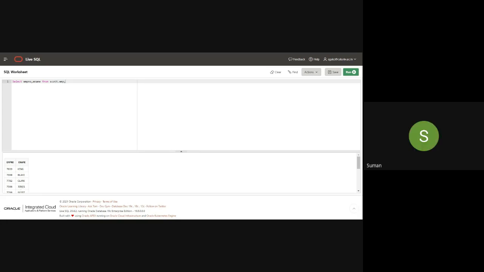For ease of understanding, sometimes we write it like this. These line breaks don't actually mean anything, so you can put them anywhere you want. It means you're first using the select statement, then you have the columns, then a from clause, and then you have the table. In your select statement you actually have multiple parts, but some of them are optional.